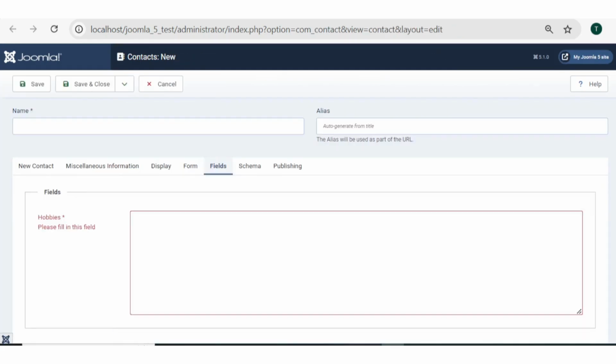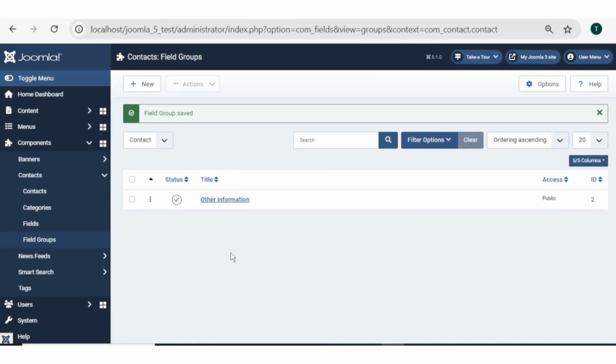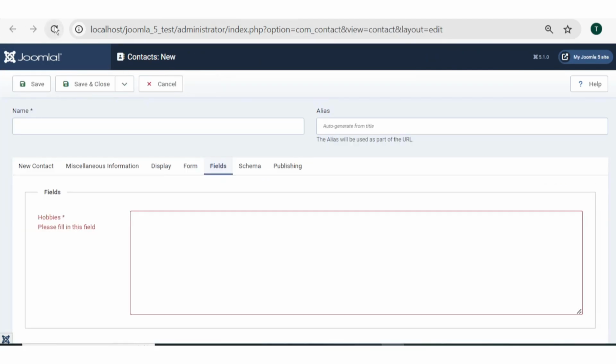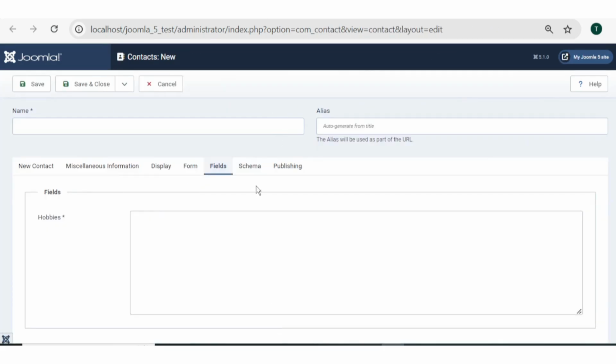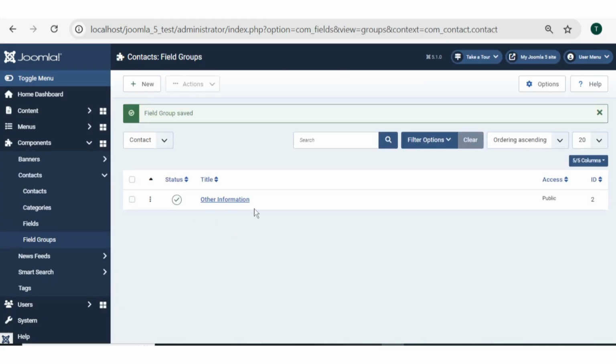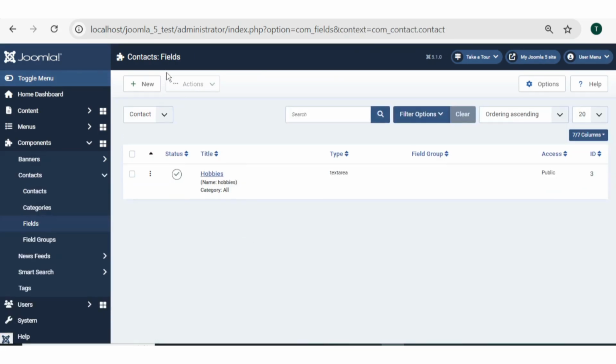Now it will add a new tab. Here it will add a new tab with Other Information. If I refresh it, it will not show Other Information because we have not added any input fields in this Other Information tab. So if I go to Fields and create a new input field,